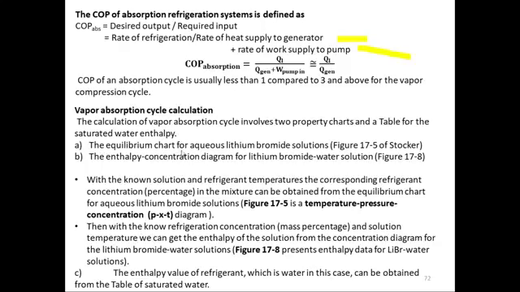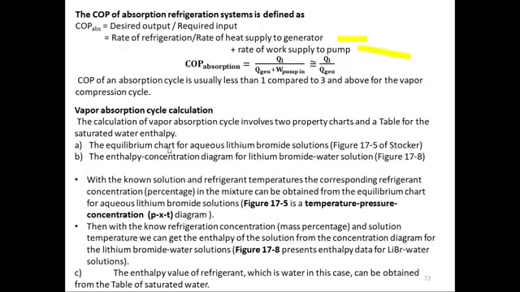It says the equilibrium chart of aqueous lithium bromide solution. This is figure number 17-5 in the Stoker. I will show you this figure. Okay, the equilibrium chart. So the equilibrium chart has been developed for the aqueous lithium bromide solution, water solution. So that is a chart which tells you what will be the concentration of lithium bromide in water if the pressure of the solution is this much and the temperature is this much. So that first graph will tell you, with the temperature and the pressure, what will be the concentration of the lithium bromide solution,